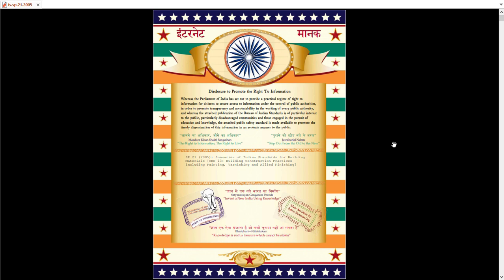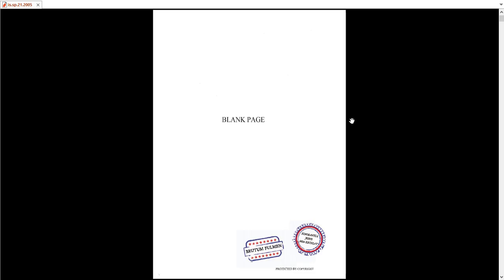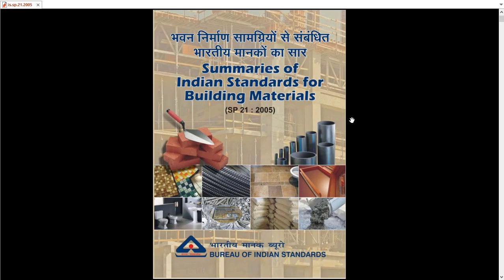So the name of this IS code is Summaries of Indian Standard for Building Materials. तो बिल्डिंग के अंदर लगने वाले हर एक मटेरियल का एक इंफॉर्मेशन जो टेक्निकल प्रॉपर्टीज है वो इसमें इंट्रोड्यूस किया गया है। वो सारी वैल्यूज जो टेक्निकल प्रॉपर्टीज रिलेवेंट हैं, जो टेक्निकल एस्पेक्ट है, उनके रिलेवेंट हर एक बिल्डिंग मटेरियल के बारे में यहाँ पे बताया गया है।